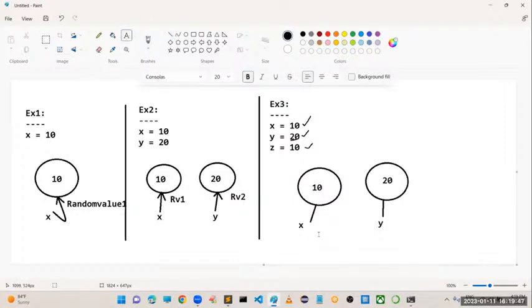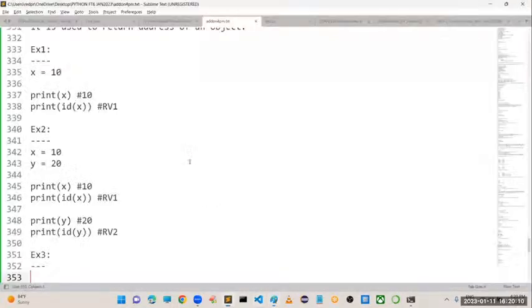That's why, sir, a simple reference will be created for this, and it is also pointing to this one. Now, sir, if you print ID of x and ID of z, both are going to return the same random value 1. If you print the y address, we will get a different random value.